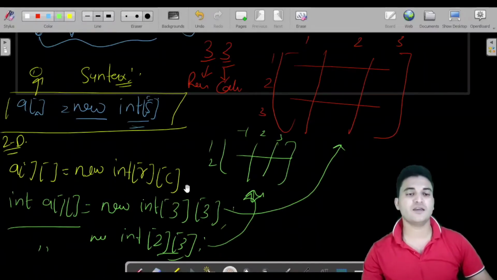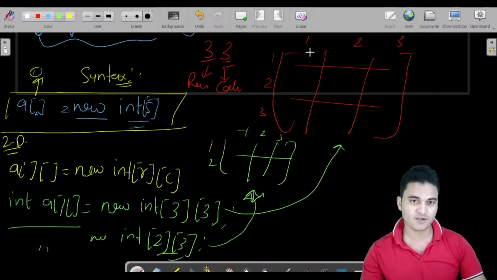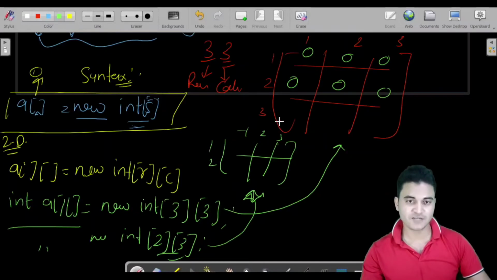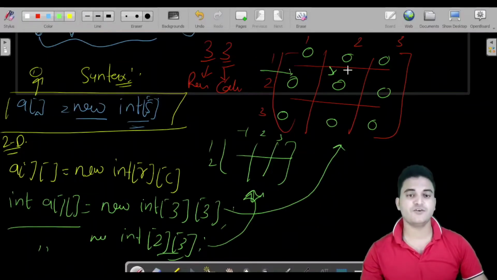Let us see how we can assign values into this array or access this particular array. Let us say you have it stored here. Let us say initially all the elements are 0. In Java, initial values for arrays are 0. So initially all the values are 0. Let us say you want to put some value on this index. So how will you address this particular index? You will check what is the row for this element. We are in the second row, and what is the column for this? So we are on the second column.